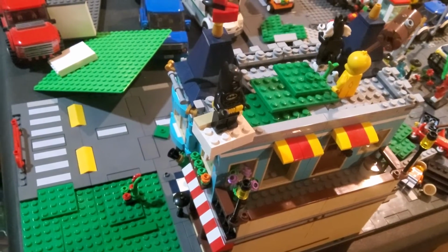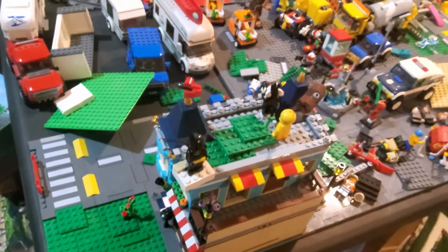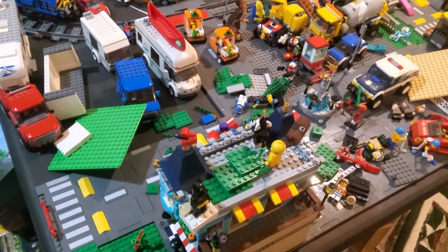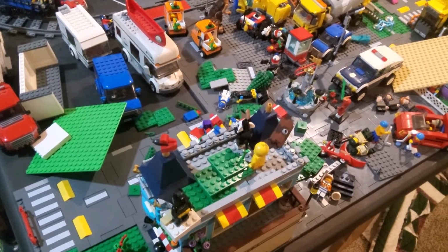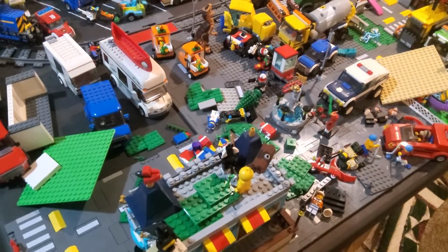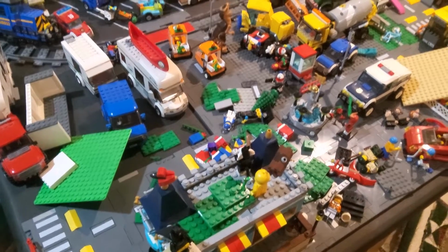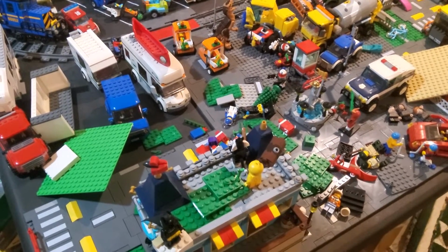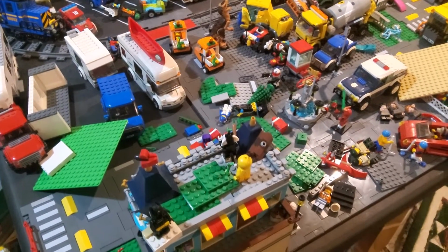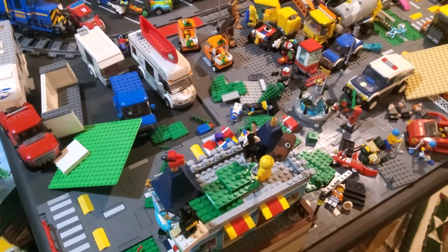Today I've got my LEGO City update for June 2022, and we've got quite a few changes around the city for this month, as well as some planning for probably the rest of the summer. And when I say planning for the rest of the summer, that pretty much means that my main project is pretty much set, and it's one project that I've been wanting to do for quite a few months now,